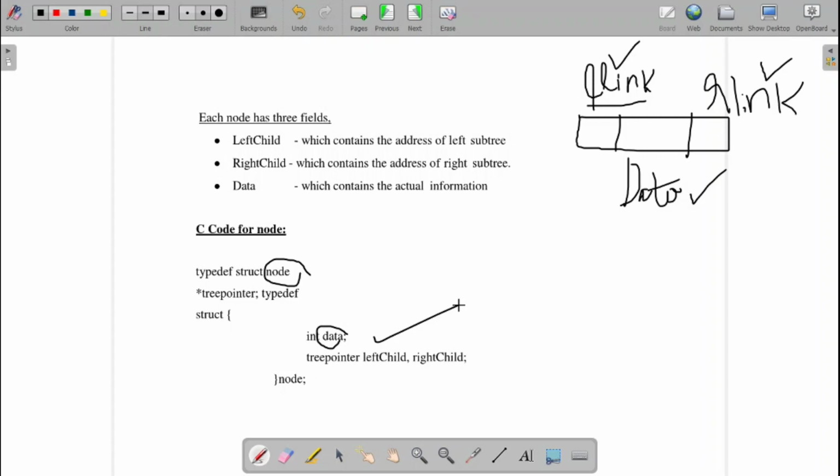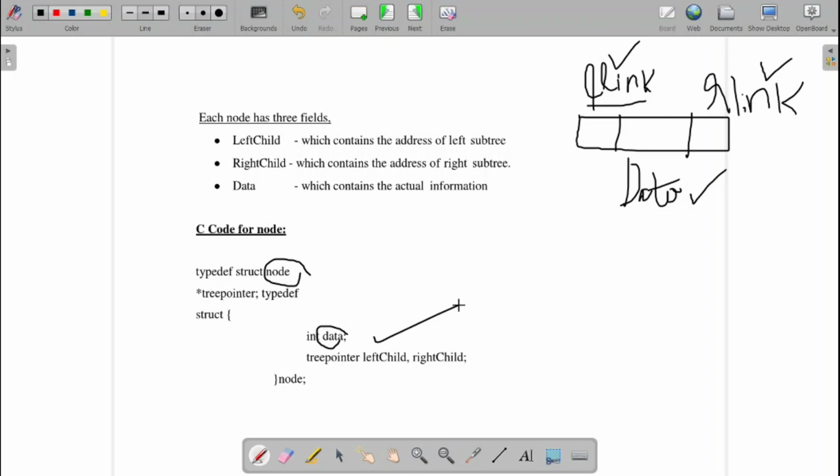If I want to store my hierarchy of parent-child relationships, what all data will be stored? If we take a parent as an example, what all data will be stored? Name of the parent, their Aadhaar number, their PAN number, their address, everything will be stored over there. There we need one more structure to be used. That can be the data. But for the sake of notation, we are just using one integer data over here.